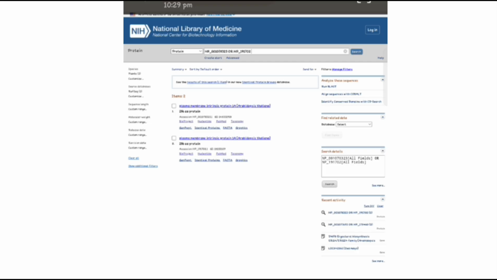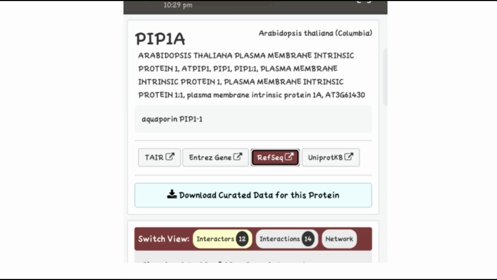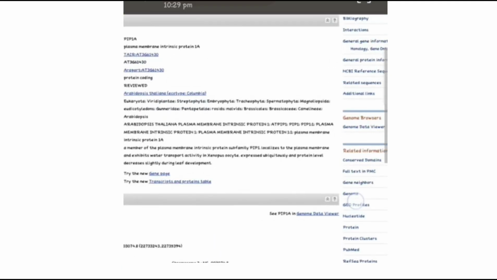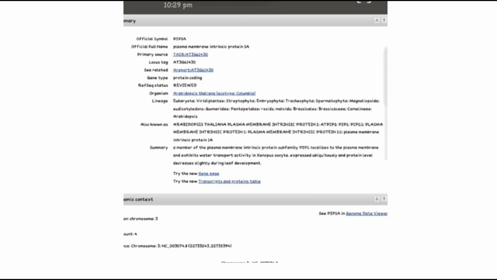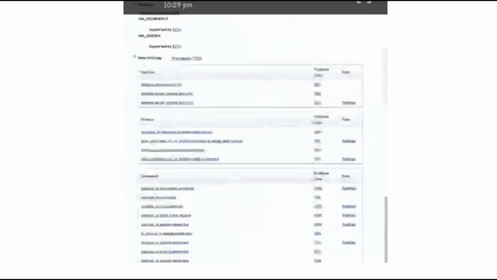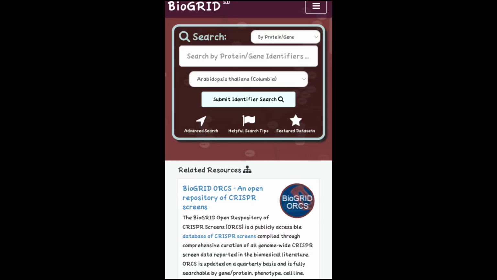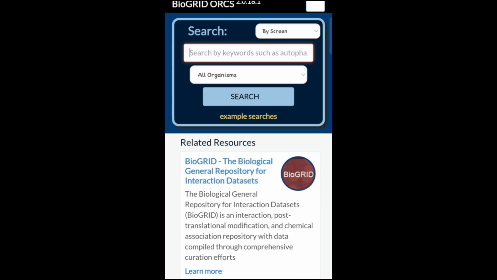If we click on here, it redirects to the NCBI website, National Library of Medicine, reference sequence. If we click on the Entrez Gene, it will take us to the gene page of the NCBI. So if we click on the BioGRID ORCS